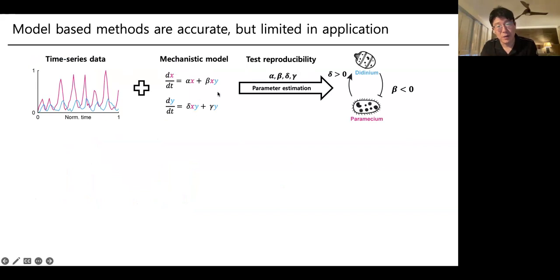If this delta parameter is positive, which indicates the interaction term, we can say that there is a positive interaction. And if it is negative, then we can say that there is a negative interaction. So this is what we call a model-based causation method. But one limitation of this approach is